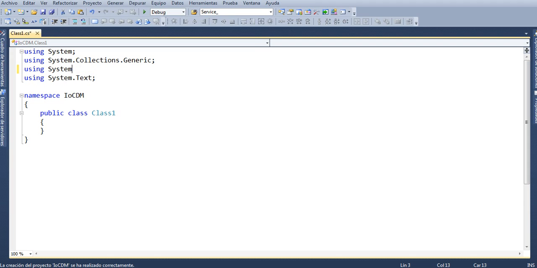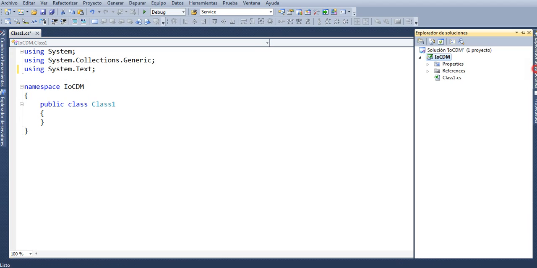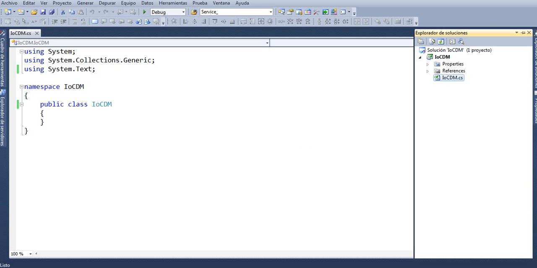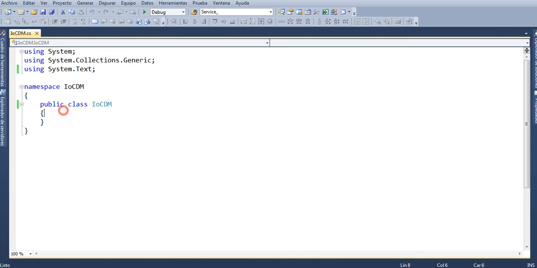This reference is now needed. We have to rename the file. Press F2. The new name is IOCDM with a capital C, .cs. Click on finish. Then we have to create a new variable, private